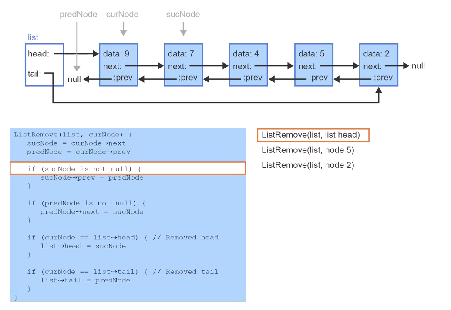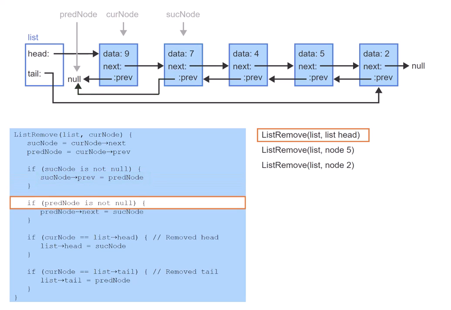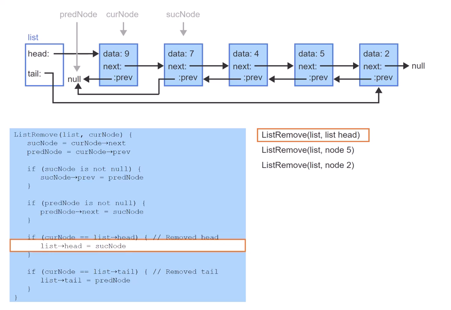Next line of code we execute is it goes here because the list successor node is not null. We go to the next line of code. Probably is going to skip, and it goes to the